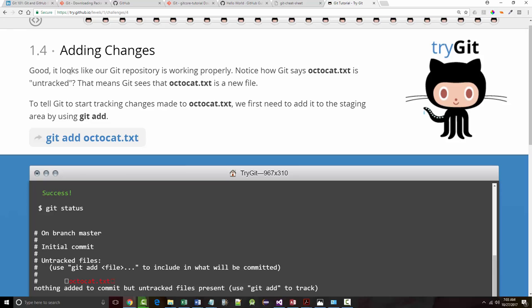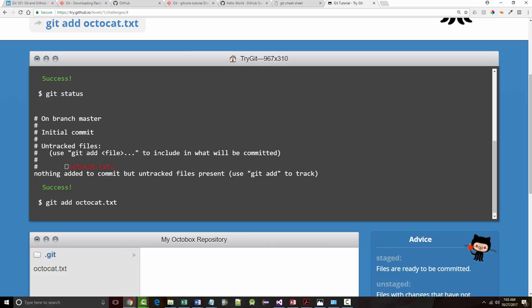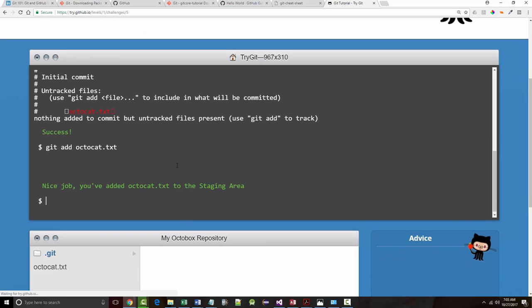And it says here, it looks like our Git repository is working properly. Notice how it says octocat.txt is untracked. That means it's a file that has been created that we've done nothing with after creation. So to Git, it's a brand new file. By using git add, we are telling Git, as mentioned here, to start tracking the changes that we make to this file. We're adding it to our code repository by using git add. And once we do that and we hit enter,